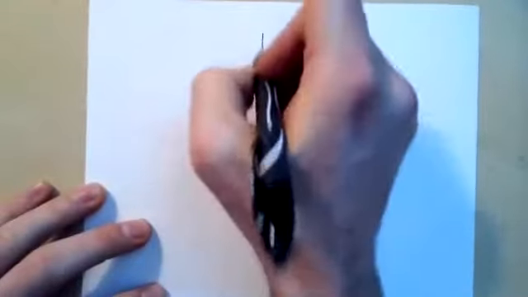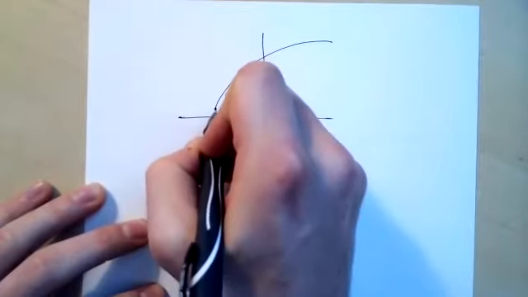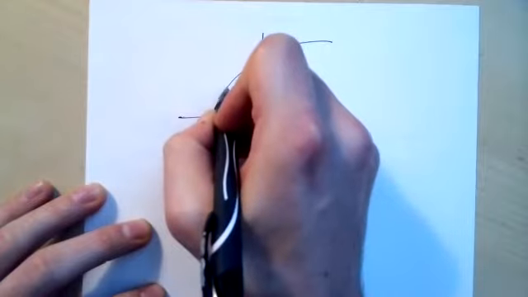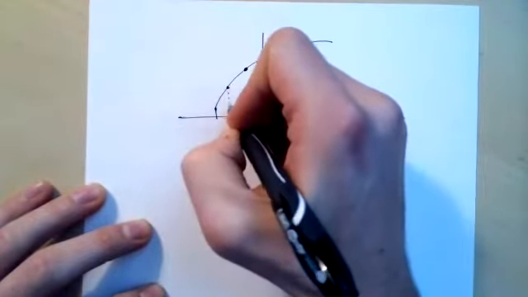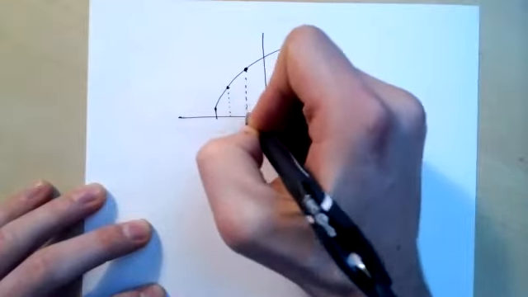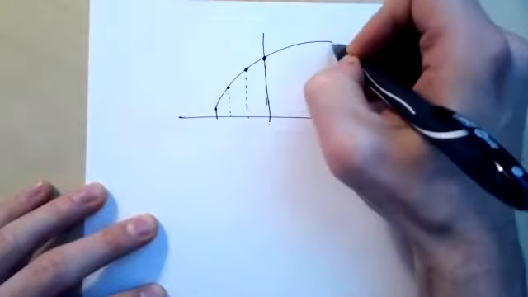You're using the midpoint of the interval. So if we have a similar picture of our graph, if we take our partition like this,